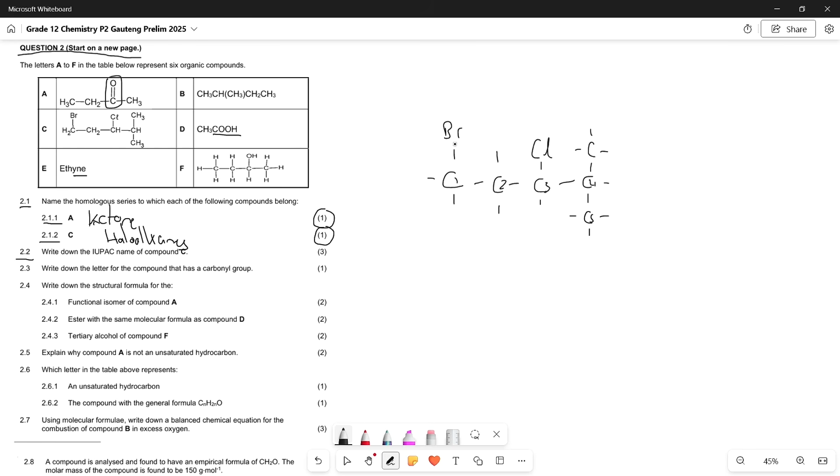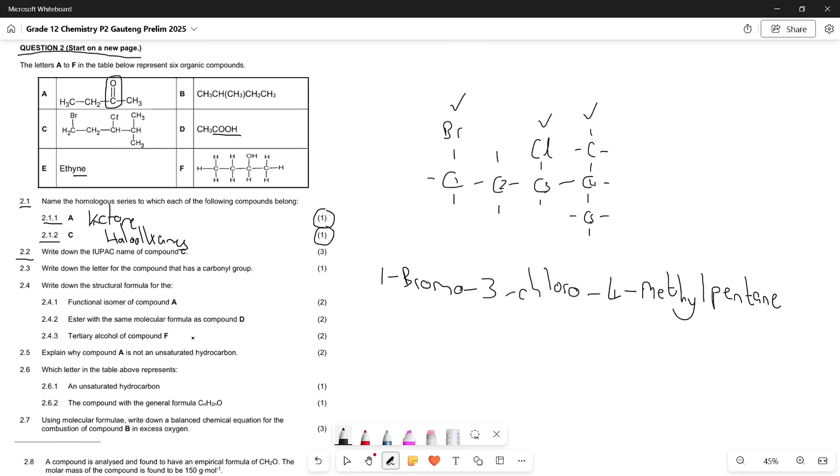So this means we have to write the halogens first and in alphabetical order. So that works out for us because what we have is 1 bromo, 3 chloro, and then we see that this C over here didn't have a number because it's not on our main chain, which means that it is a methyl attachment group. And that means we have 4 methyl because it's attached on the 4. So we've dealt with the bromine, the chlorine, and the methyl over here, which means all the side chains are dealt with. And then we just have to say our longest chain, which is meth, eth, prop, but, pent, and they are all single bonds. So we have pentane, which means this is the IUPAC name of compound C, and that would earn us 3